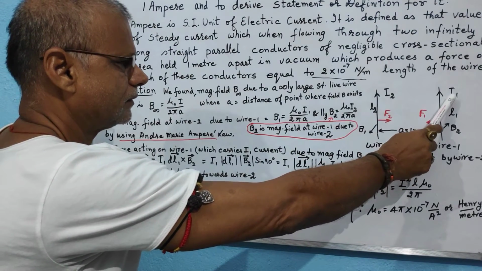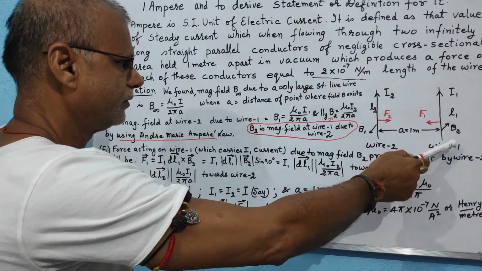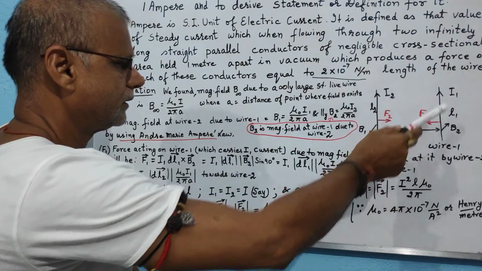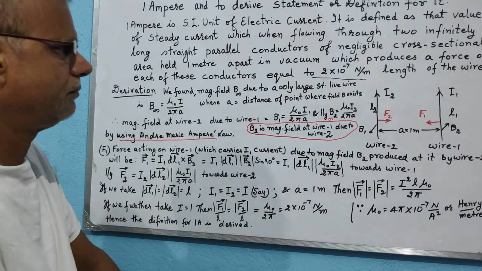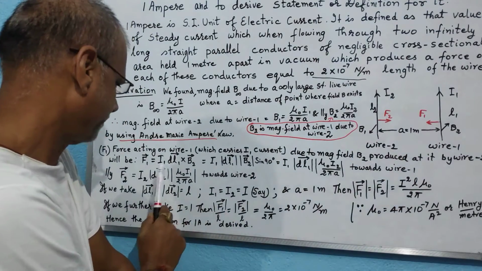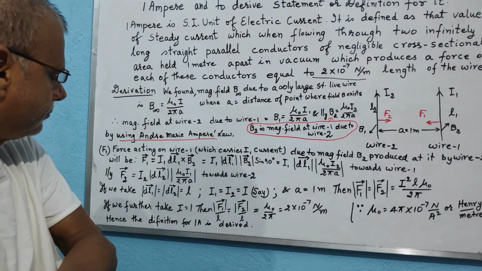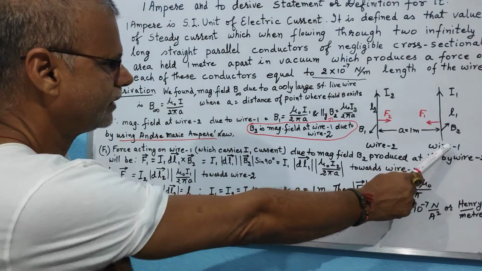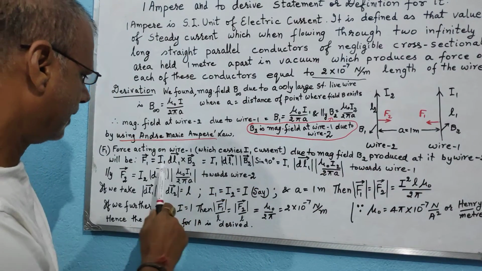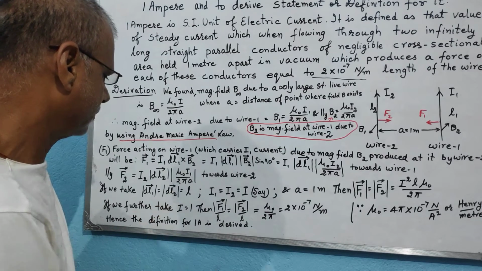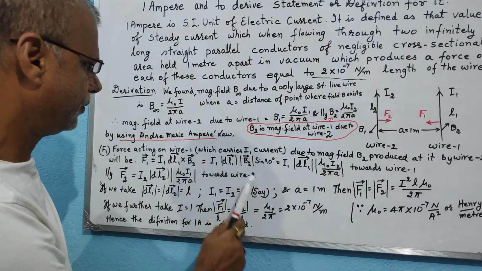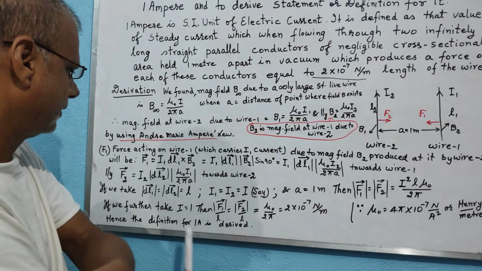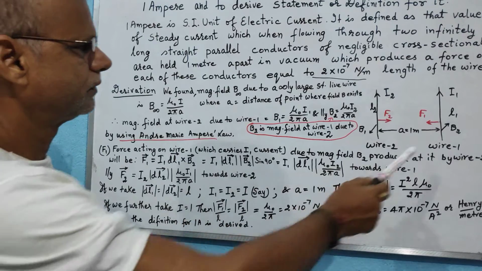So I1 is flowing through wire 1. So we take I1, and dl is taken as the current element dl1 for wire 1, and the magnetic field is B2. So we have I1 dl1 cross B2. And for B2, one thing more is there: the angle between dl1 and B2, you see,